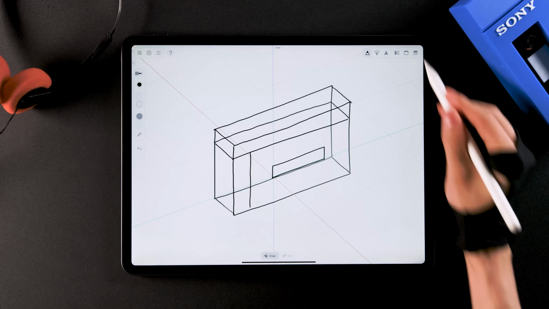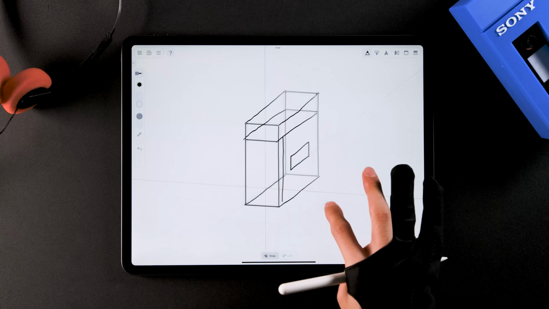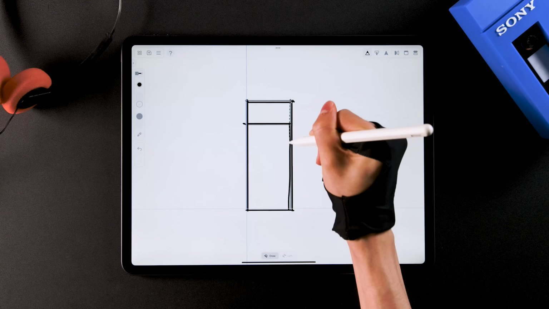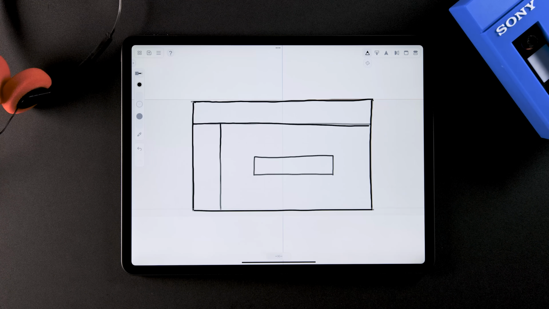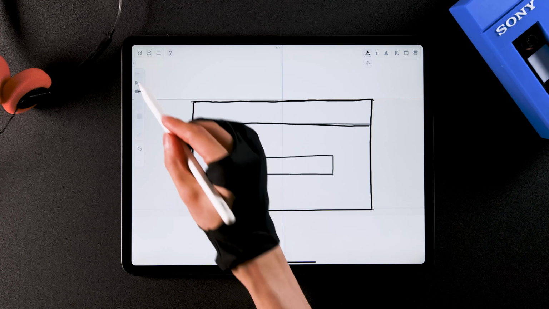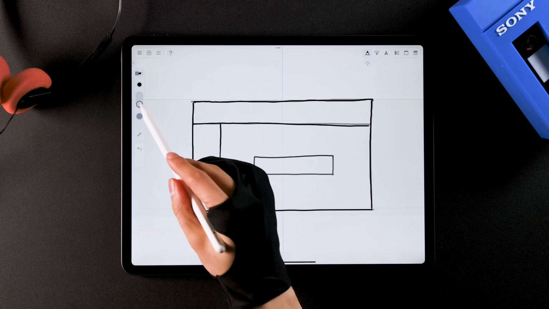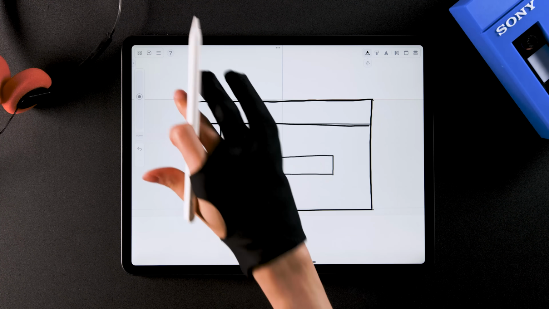Okay, let's paint the front of it first. Draw a guide from the side view, but this time just a little bit inside the box. We're going to use a flat brush this time. Tap the brush type icon and select the one that looks like a highlighter. Change the size to 170.